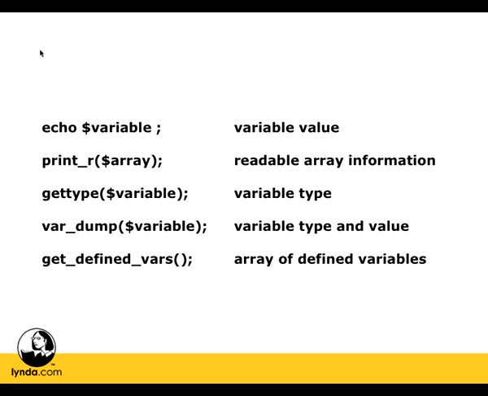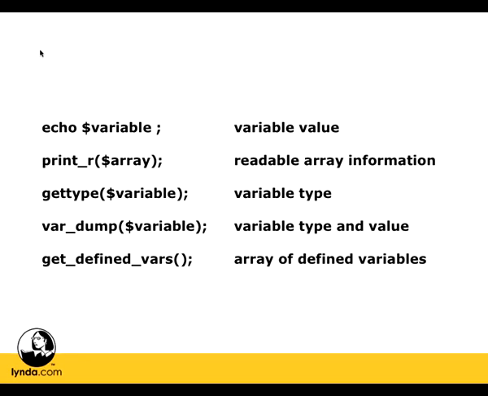There's also the var_dump function, which is going to give us both the type and the value about the variable. This might be really valuable to you, and I encourage you to try it and see what kind of information it gives you. See which ones of these techniques you prefer to find out about the variable type and value. If we can use var_dump to do what getType and echo do at the same time, it might be a lot more efficient. And last of all is